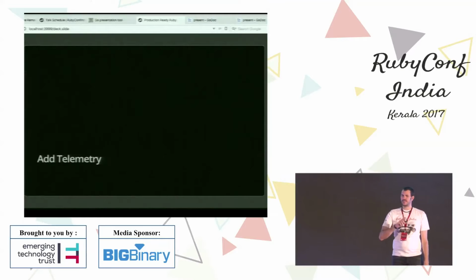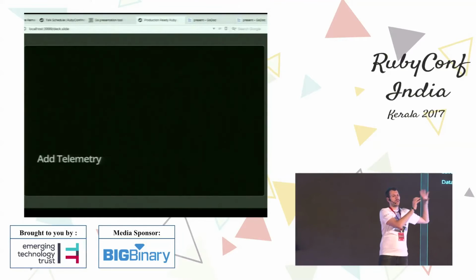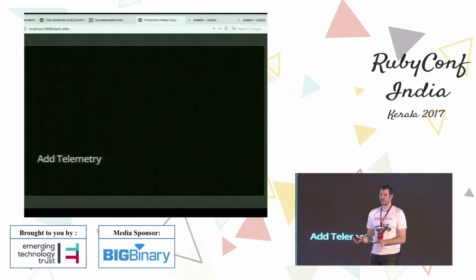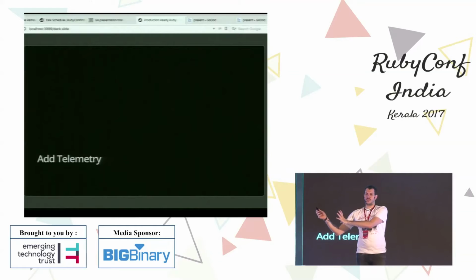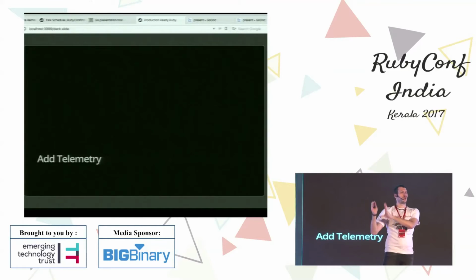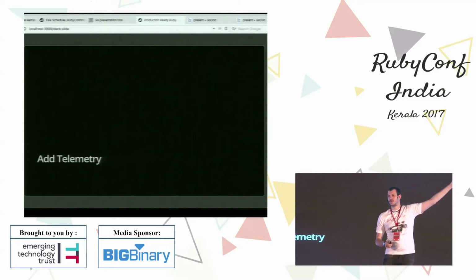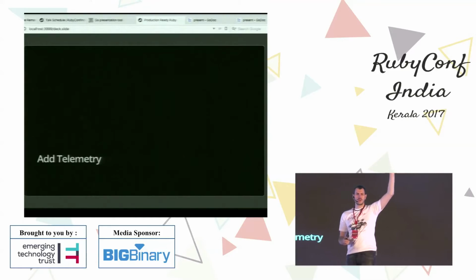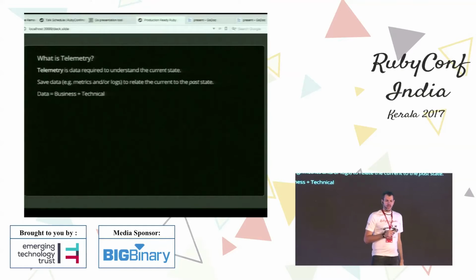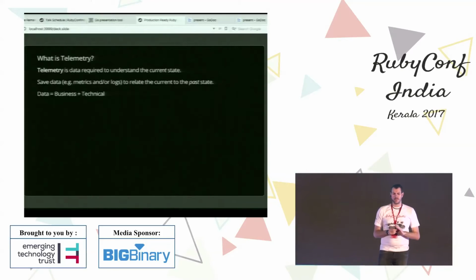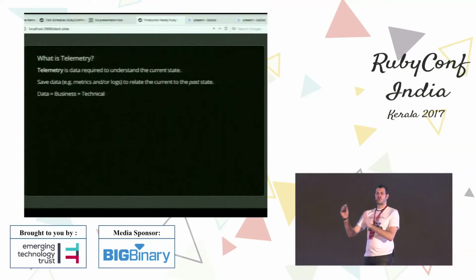So next step, that was talking about things that we can do to reduce the amount of regressions before going to production. Now we tackle the other side of this, which is being able to quickly resolve issues that do appear in production. How many of you have heard the term telemetry before? Please raise your hand. Okay, so for me, telemetry is the data required to understand the current state of an application. Okay? If you can understand the current state, you can also save that data to correlate it to a